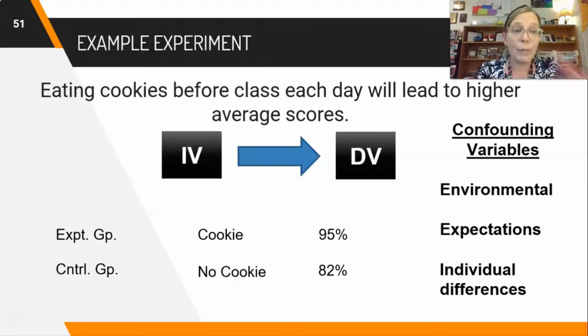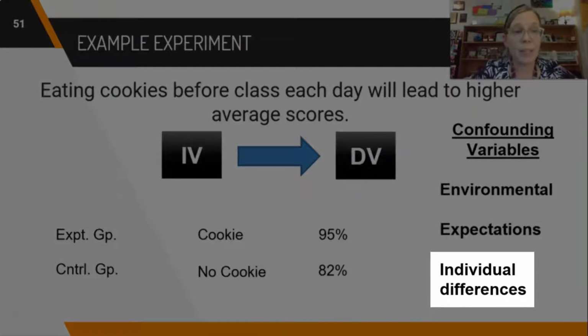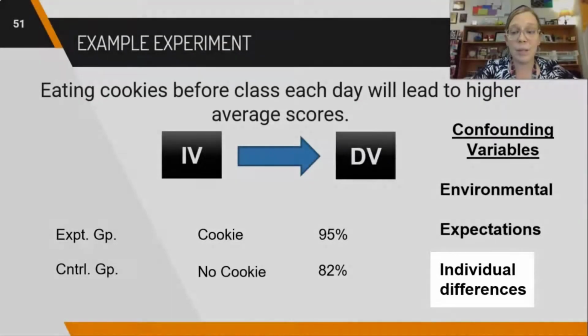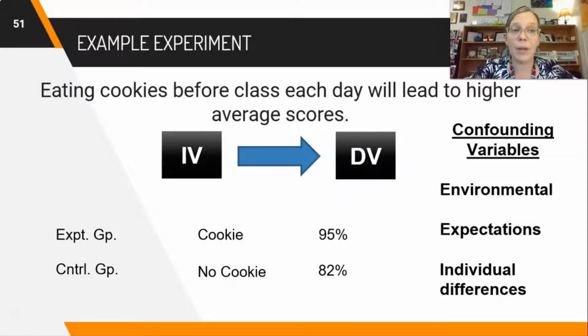The control group maybe got a lower score because they were in a much bigger space with more people in the background, maybe more distraction. There are a lot of different things that can be confounding variables. Another example, let's say individual differences. Maybe in my experimental group, even though I chose them randomly, a high amount of the people that randomly ended up in that group are just really good studiers. They have great study habits, and so they scored higher on the test because they studied more, and the control group didn't study as much. So do you see, in both cases, these confounding variables are the reason for the difference in the scores